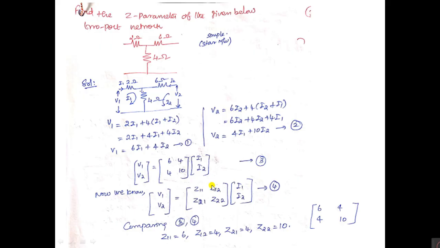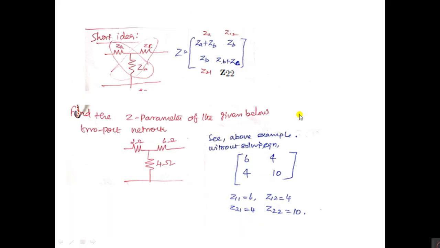Don't use this method when they ask the question in 12 marks. If they ask 12 marks, you go with the first method. Suppose the same question is asked as a 2 mark question. Just 2 marks. No need to calculate this big procedure. I am giving you a shortcut idea to solve the problem.